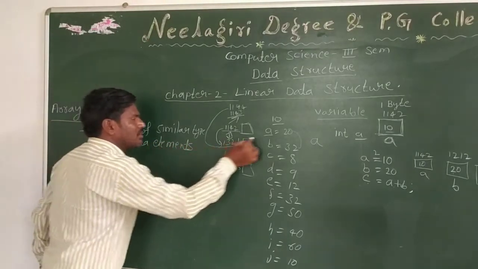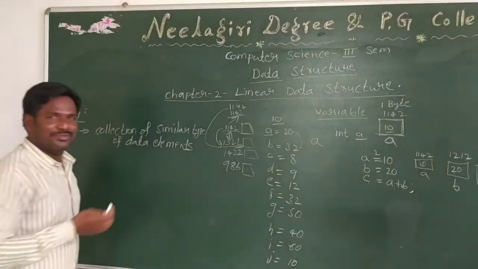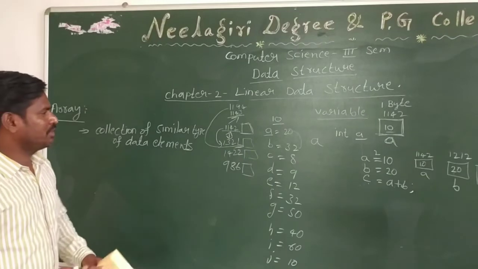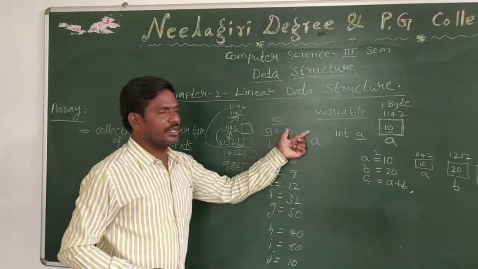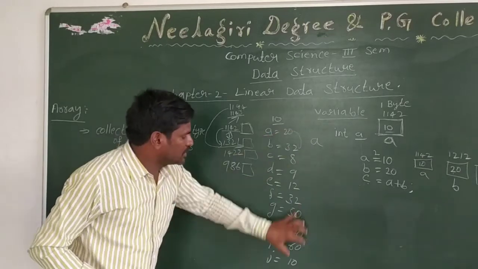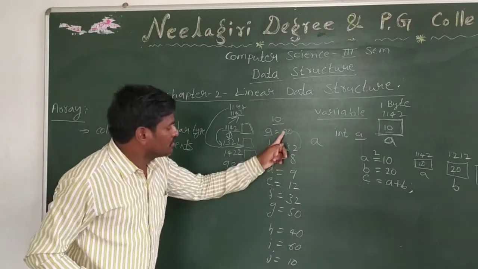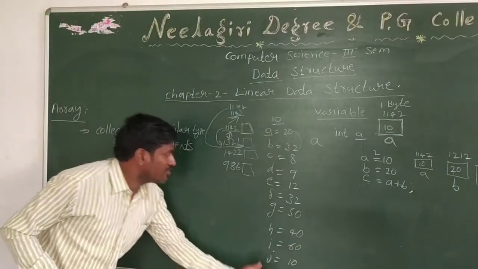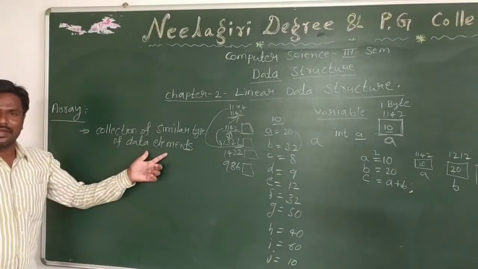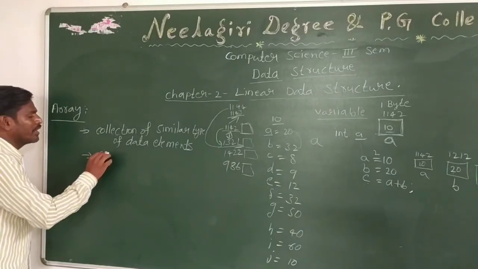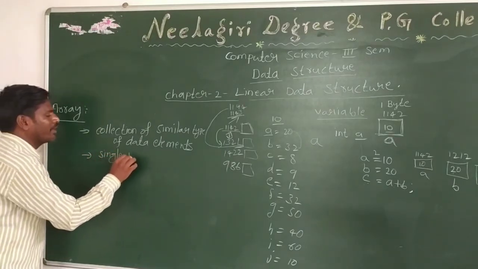So here, these are all integer variables. We know what is an integer and what is a float. Floats are real numbers with fractional parts, for example 20.34, 20.16 and so on. Without a decimal part, it is called an integer. These are all integer values, a collection of similar data elements, and all these elements can be stored in a single variable.